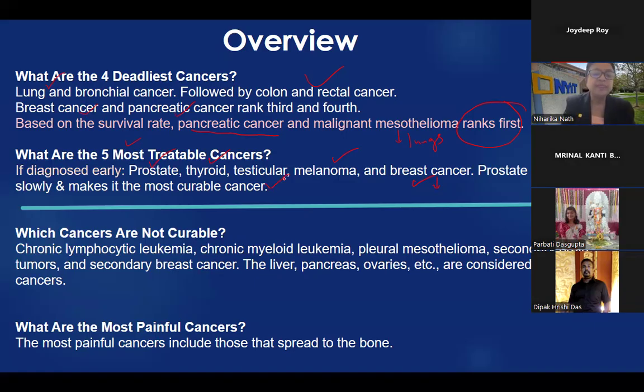So good to know. For you as students, if it's preventable, it's treatable, and it can be caught early, then maybe focus on these cancers much more than on the deadly ones. And then there are those you have to keep treating. They're not really curable. They're very hard to treat. The language is that they are difficult to treat.